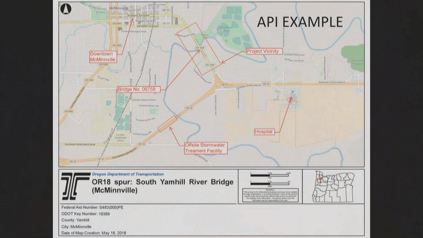Here's an example of a project in Region 2. It's the South Yamhill River Bridge. I just want to use this to continue to talk about this idea of API. You can see in the big box on the screen the area where the bridge is located. So imagine if we first had said, okay, we know what this project's all about. We're going to build that bridge, and we're going to close half the bridge, and we're going to replace one half and then flip the traffic over and do the other side. And so everybody says, okay, that's the project. We're feeling good about it.